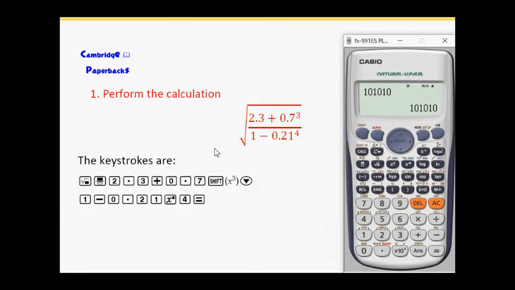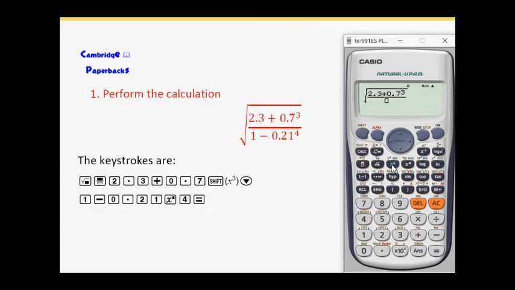So the first thing we need to do is to clear the display. We achieve this with AC. Now we enter square root, and then we enter the fraction. And we're now going to put the numbers above the line, which is 2.3 plus 0.7. Now we need to raise this to the power 3, so we have shift,